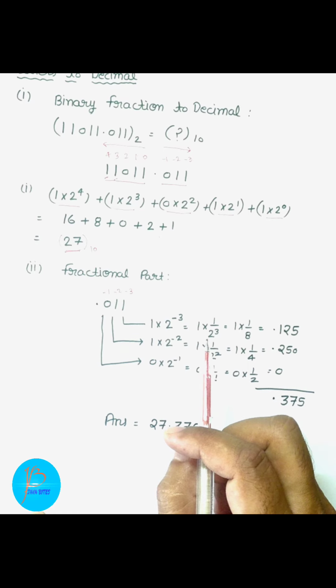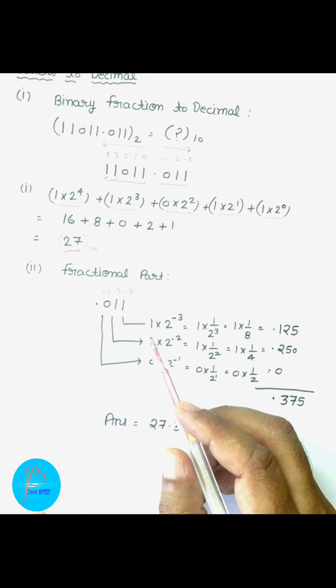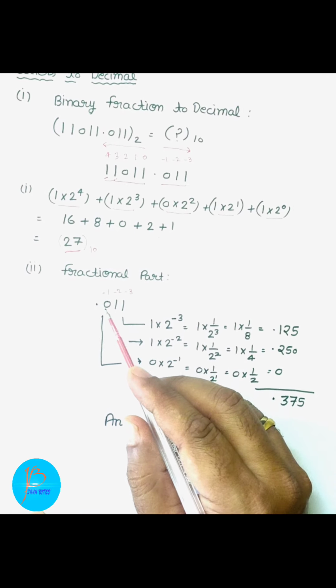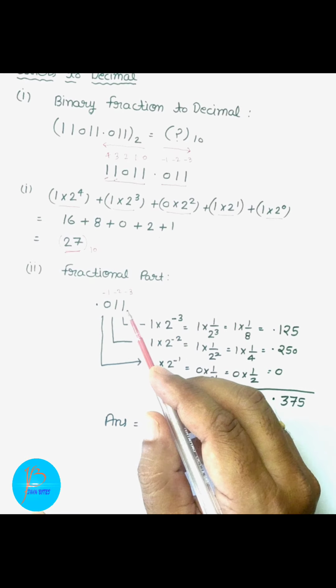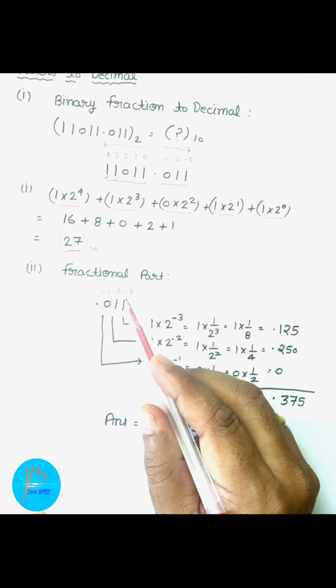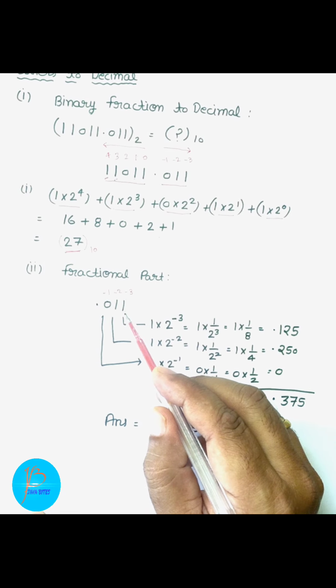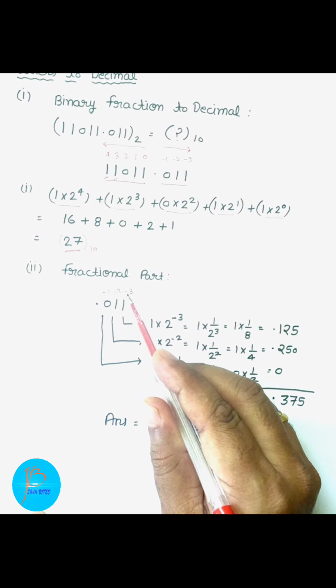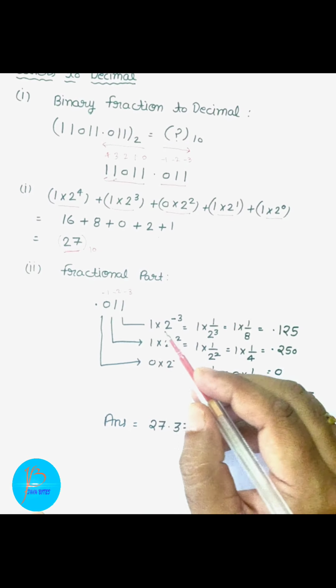Okay, even in the examination calculators are allowed, so there is no problem in this, but you must know the proper steps. So I tell you, okay children, the fractional value has 3 digits: 0 1 1. I start from the right-hand side. In the rightmost digit, children, I can see that the digit is 1 and the number upon this is -3. Okay, so children, what do we have to write for this?